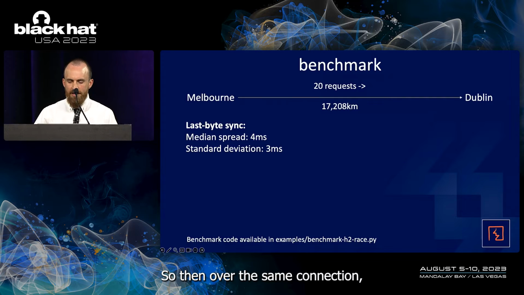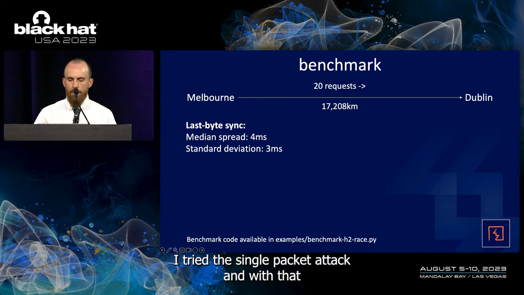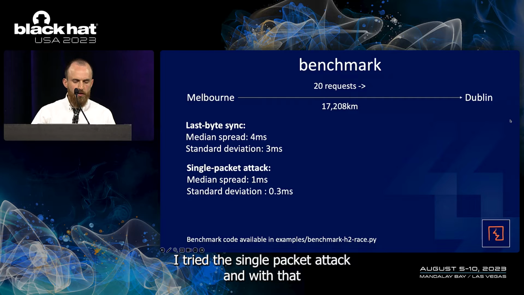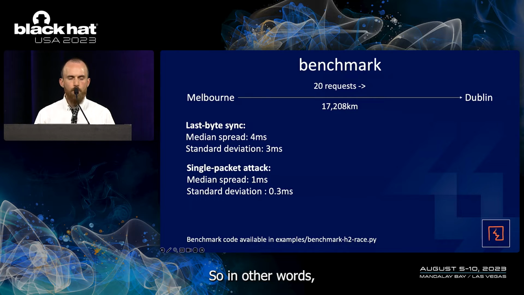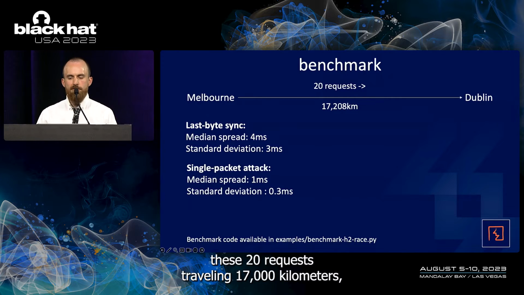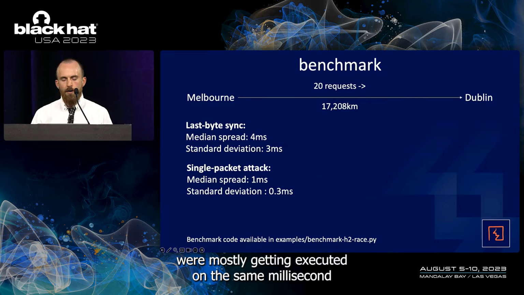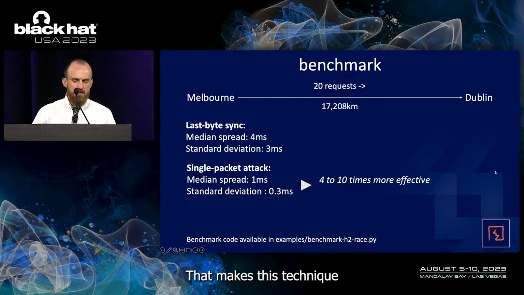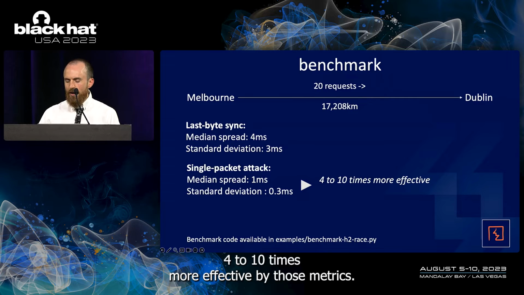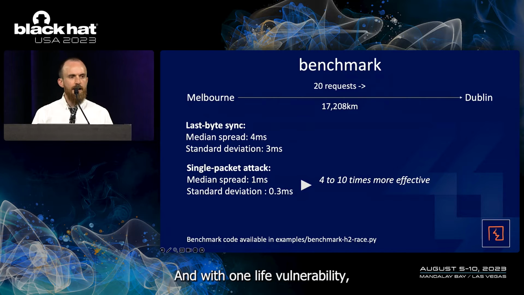So then, over the same connection, I tried the single packet attack. And with that, we saw a median spread of 1 millisecond and a standard deviation of 0.3. So in other words, these 20 requests traveling 17,000 kilometers were mostly getting executed on the same millisecond on the target server. That makes this technique 4 to 10 times more effective by those metrics, and with one live vulnerability,